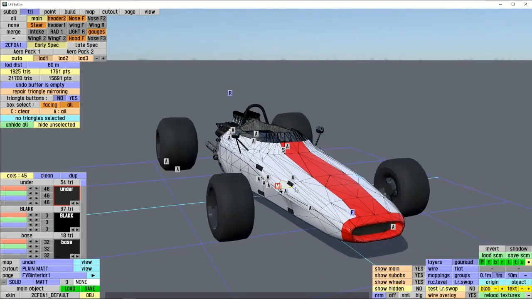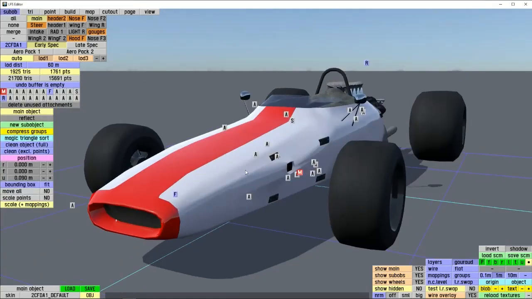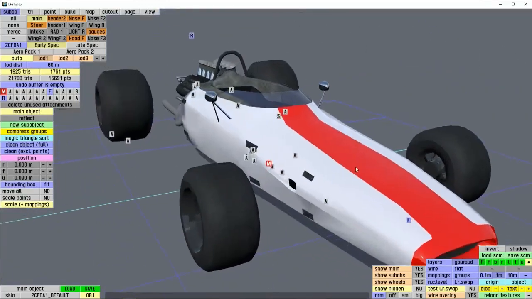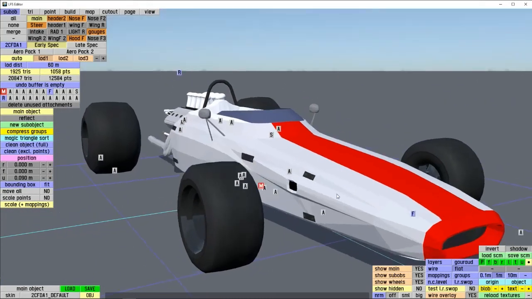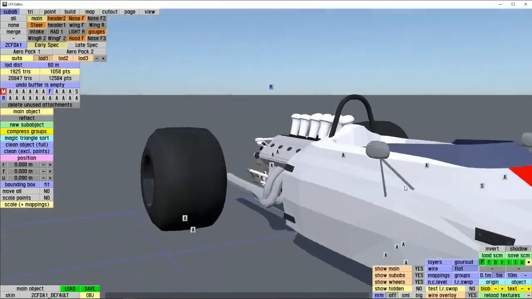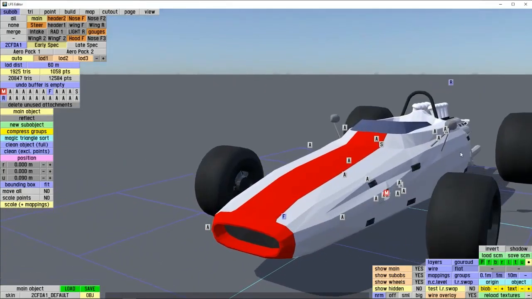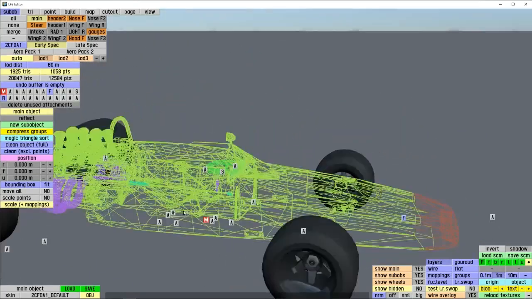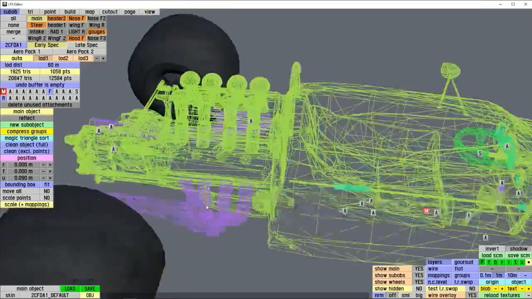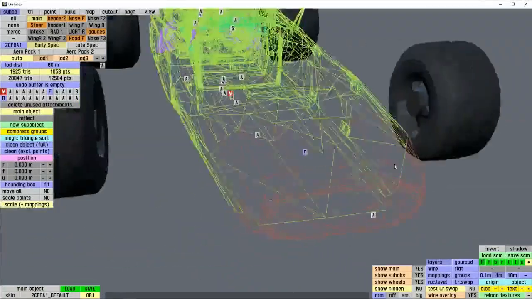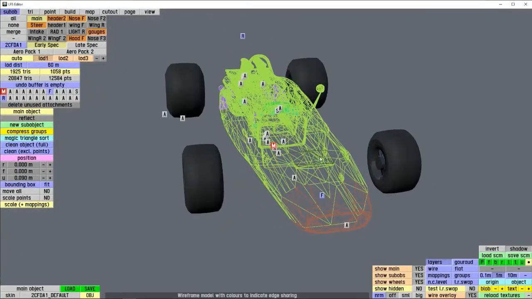You have your Gorod, which is just smooth, kind of in-game texture, how it looks. You have your flat, which you can see kind of how the triangles are made, how everything looks without the smoothing on. Very blocky. You have your layers, so this is the different layers. So you can see like the exhaust is a different layer, the wheel, the gauges, the front nose and everything. Your wireframe,